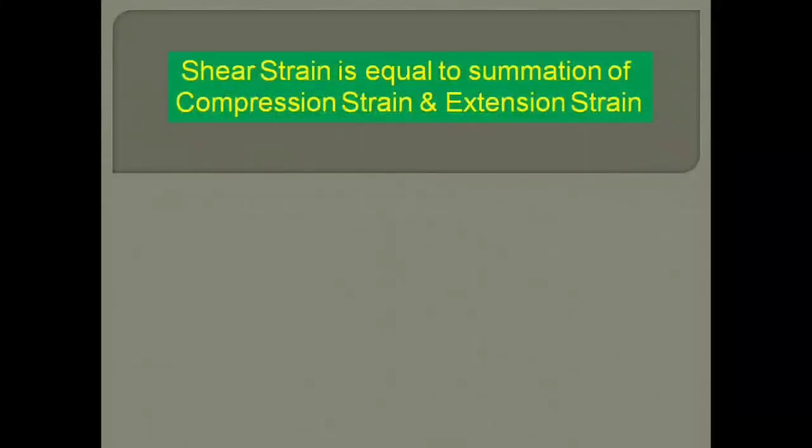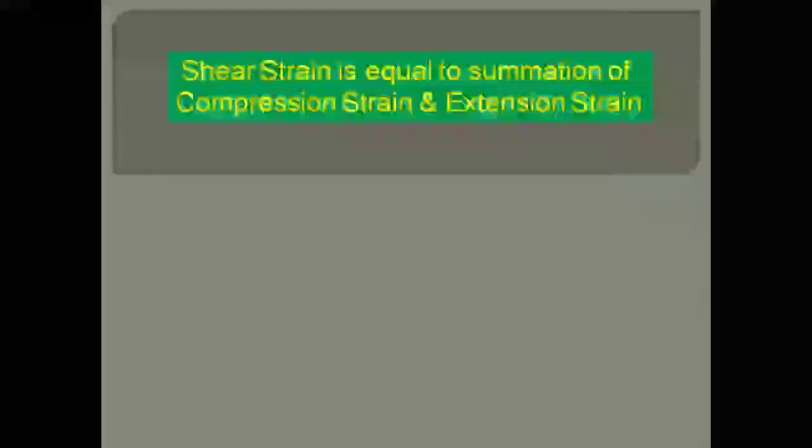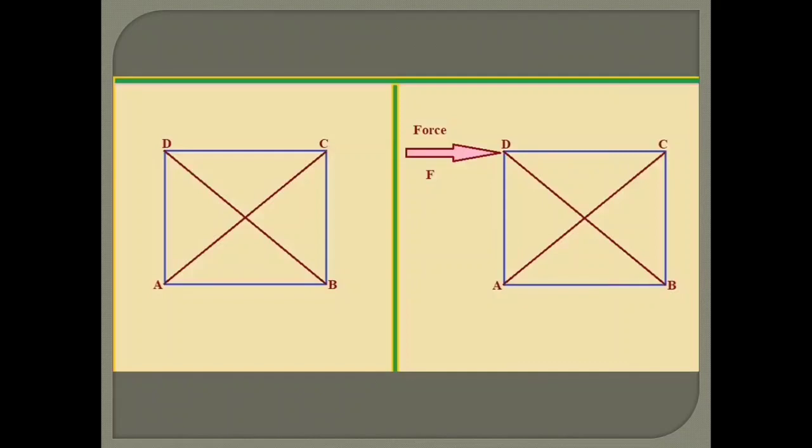We will see shear strain is equal to the summation of compression strain and extension strain. In the diagram, you are observing ABCD is a cube, and in the second diagram, force F is applied along the edge of the cube DC,